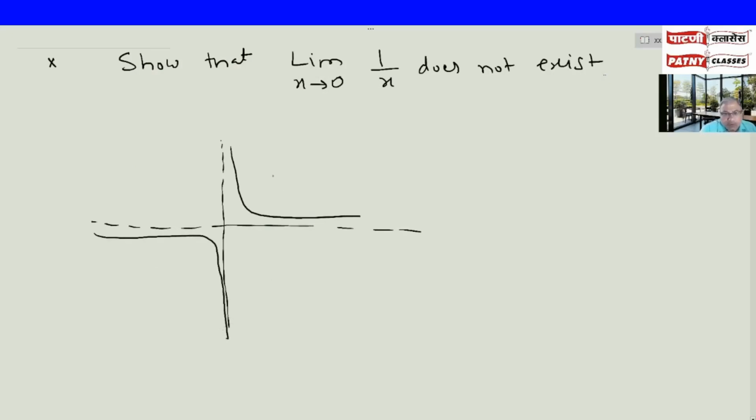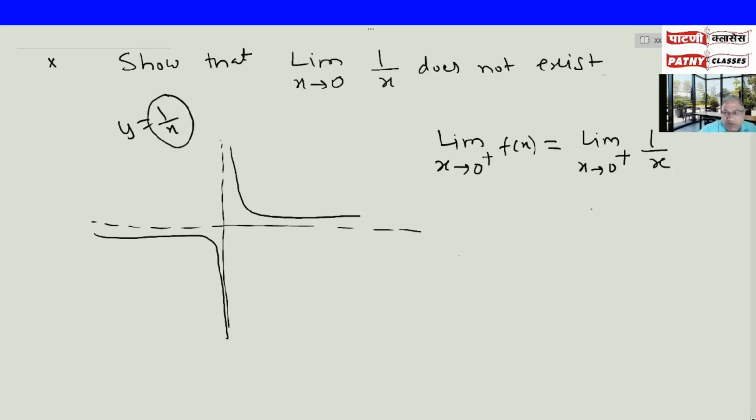Now here one thing I want to clear. Asymptotes are nothing but the tangent to the curve at infinity. Now we will find the left hand limit and right hand limit. So limit x tending to 0 plus f of x equals limit x tending to 0 plus. What is f of x? f of x is nothing but the given problem, that is y equals 1 upon x. So the 1 upon x is nothing but f of x, and this becomes plus infinity,